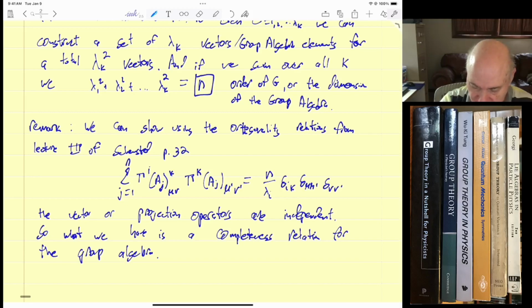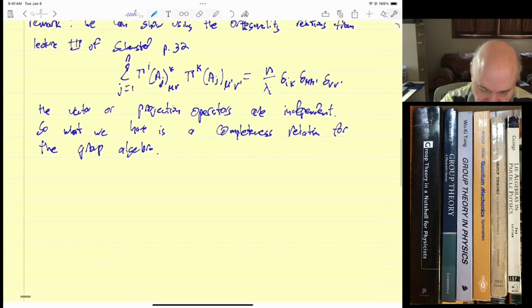So, if we can just show that each of the lambda k ones are partners as we've used them before, then we'll have established what we want to show. So we want to show, need to show